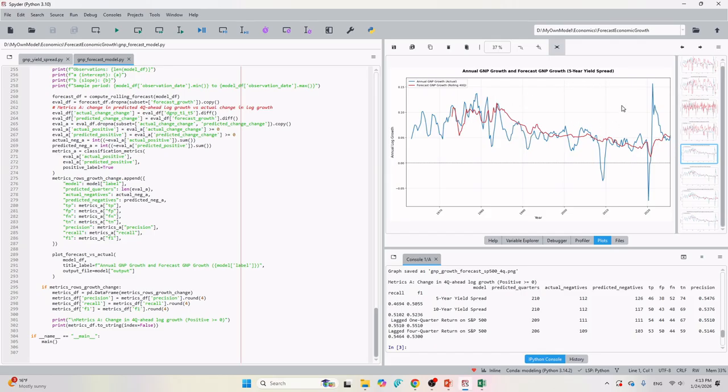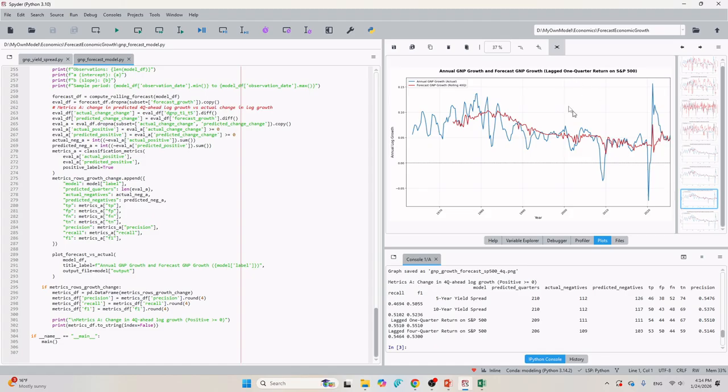How about we use the 10-year yield spread? This is the 10-year yield spread if we want to compare. They change a little bit but not much. And if we use the S&P 500, with only the 1 quarter lagged return, you can see the prediction looks like this.